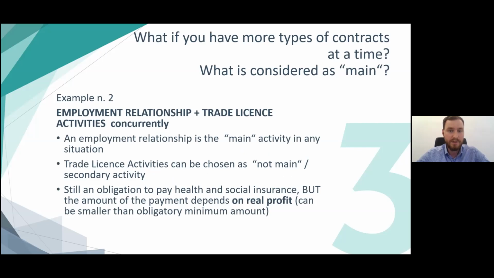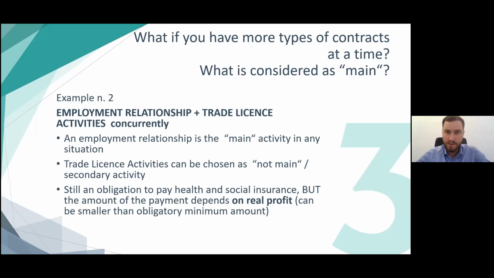The other example is if you have trade license activities and an employment relationship. The employment relationship is considered the main activity in that situation. So it's up to you to say that the trade license is not your main activity, you call it a secondary activity. There's still an obligation to pay health and social insurance, but there's not the minimum amount to pay. So it's going to be calculated from the real profit, and that's going to be probably smaller than the obligatory